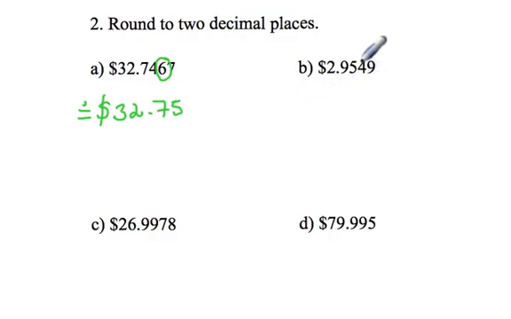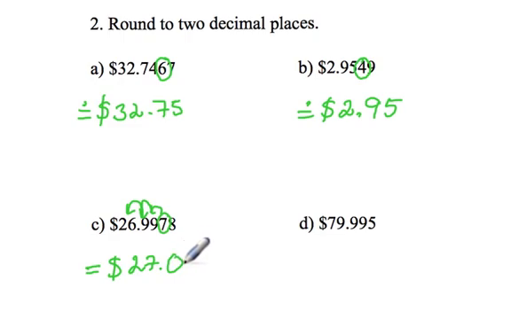Question B, here the third decimal place is 4, so less than a 5. Therefore, we will round down 2.95. Question C, we have 7 in the third decimal place, so the second decimal place will get rounded up, which in turn will round up the first decimal place, which in turn will round up the ones. So we end up with